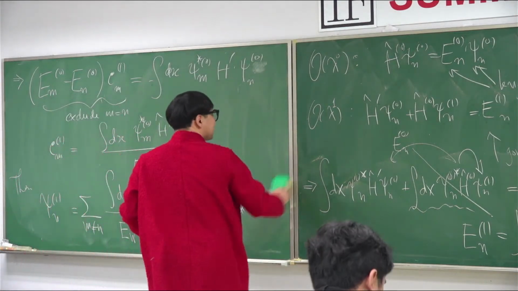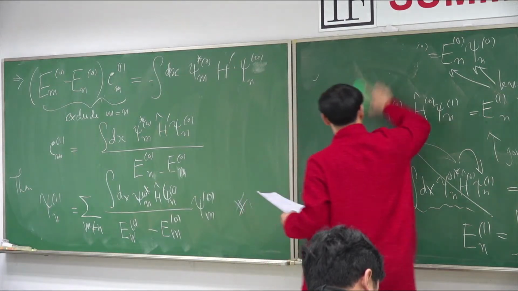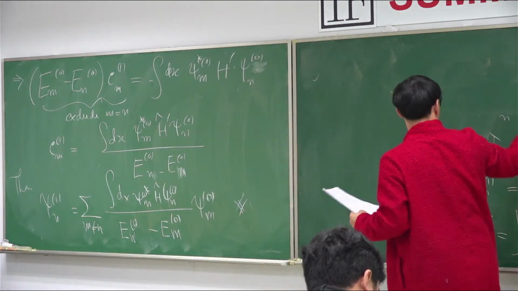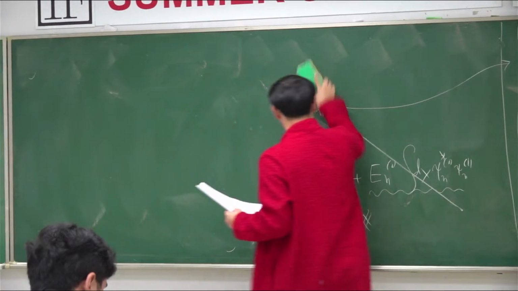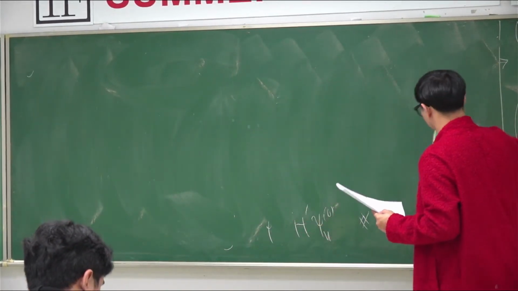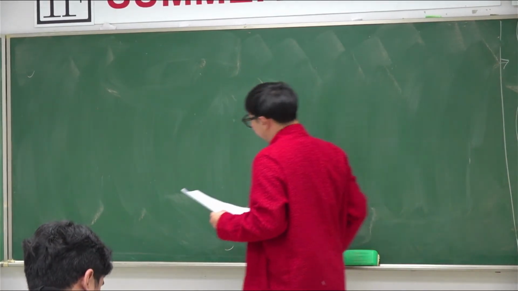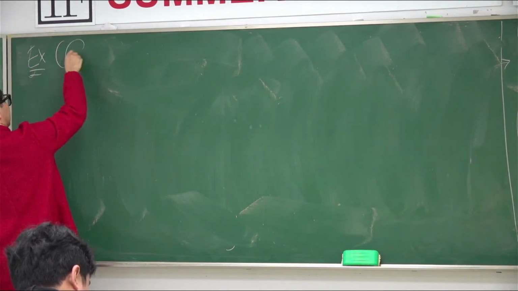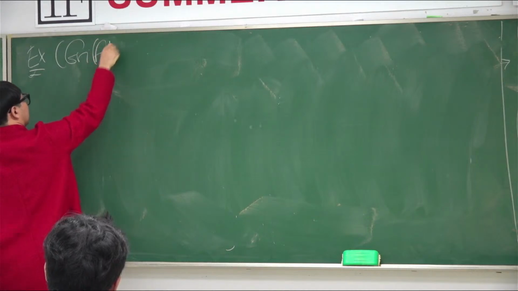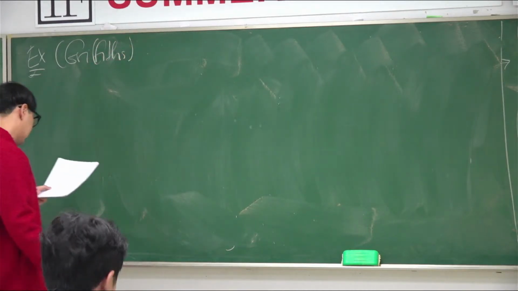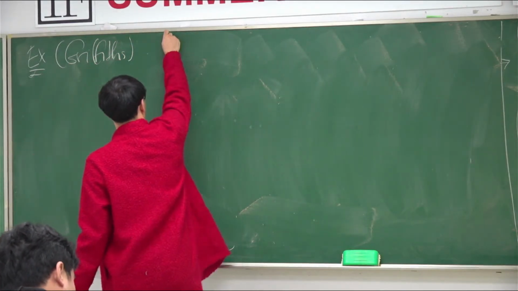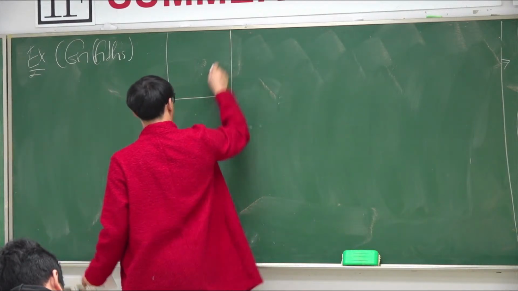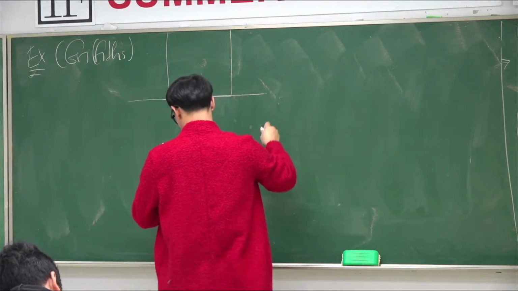So next, let's have a look at the example, which I took from Griffith. If you look at the textbook of Griffith, so you're going to have this system,